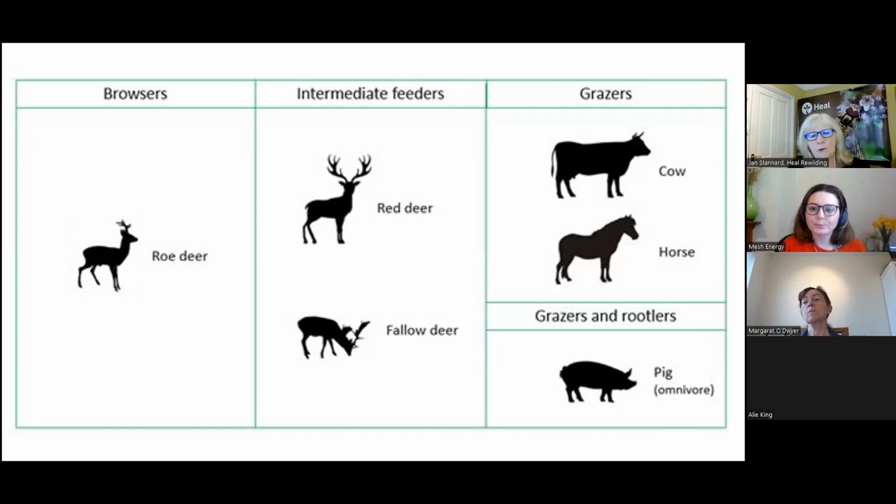And then you've got the grazers, and cows and horses eat in different ways. So they disturb the ground, they paw the ground, they wallow, they create these areas of bare earth. And then pigs, which are amazing, and clearly wild boar are present in some areas, but what pigs do is rootle. They use their snouts, these extraordinary plows really, and plow up the land and find out what's underneath.